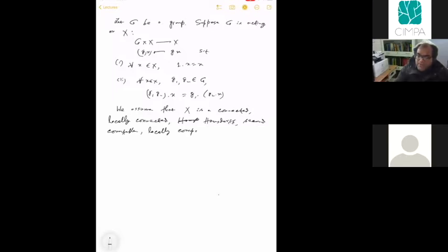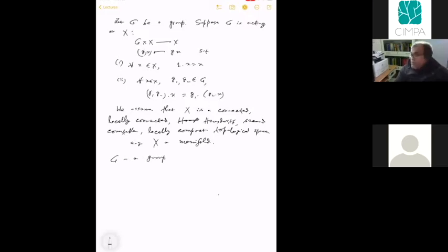So it's like a manifold, okay? A locally compact topological space, e.g. X a manifold, all right? So X is a topological space, and G,